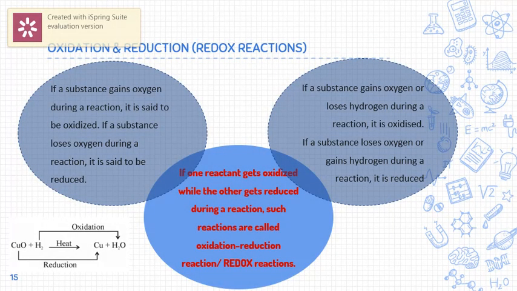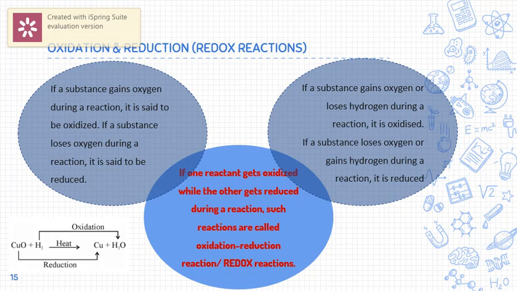See in this slide, at the left bottom, I have taken an example of the reaction between copper oxide and hydrogen to give copper and water. What is happening? Just go through the reaction calmly and quietly. We see that oxygen is being removed from the copper oxide and it is adding onto the hydrogen to convert into water. When the oxygen is removed from the copper oxide, copper is formed. The removed oxygen adds upon the hydrogen to become water.